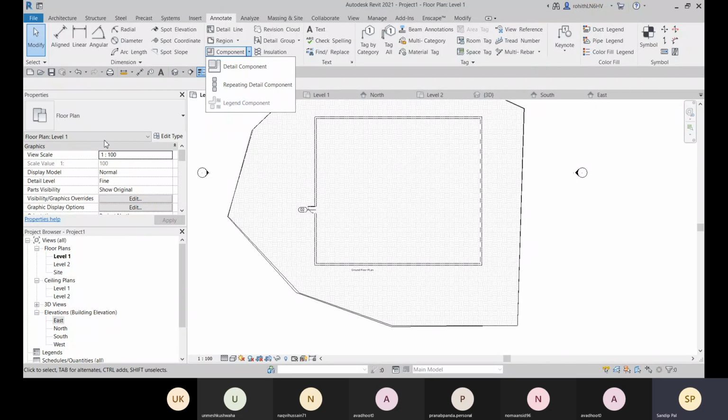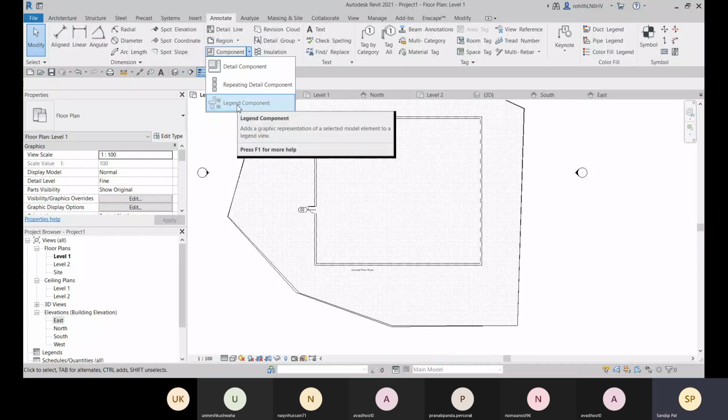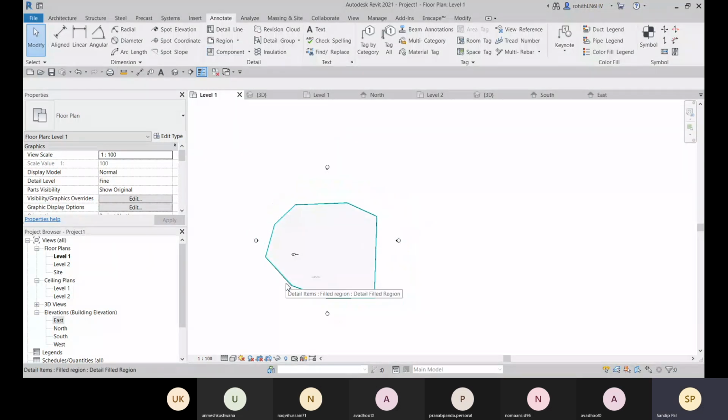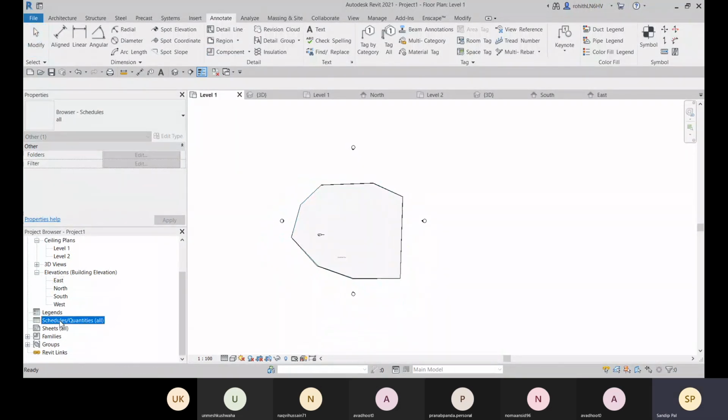And here we have this legend component. So legend components are placed for providing the symbols. Okay, as per your project, you are applying some symbols, right? So that you need to list in a sheet. What are the symbols, right? So for that, we will choose this legend component. Okay, we will apply with legend component, so that I can place it in the sheet. In any sheet, I can place some legend components.